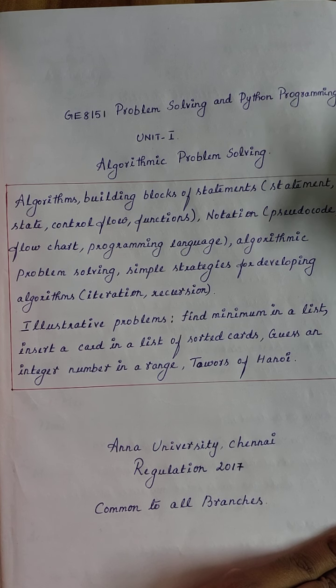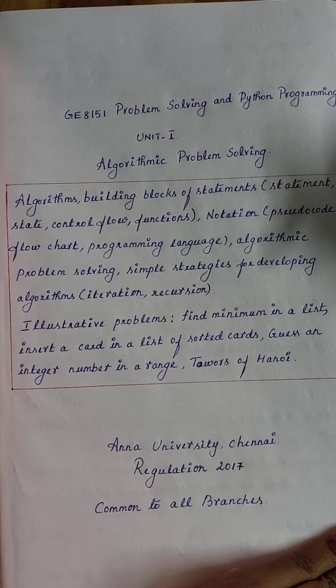In Unit 1 we are going to see what a Python program is and how we can represent the logic, and there are three different ways of representing the logic. One is the algorithm, the next one is the pseudocode, and the next one is the flow chart, and this comes under notation. Okay, so in the first unit we are going to see these notations in detail.